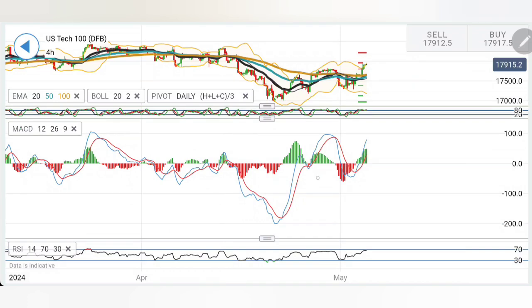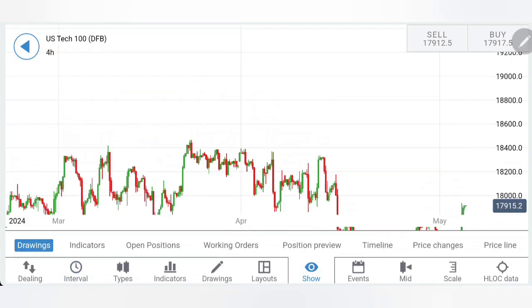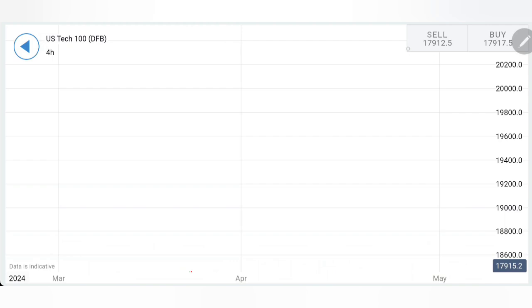Stochastic overbought, MACD rising, and RSI rising. So now we have seen the charts, we have seen the indicators. Time for me to give you the trading levels and strategies so that you can all trade profitably and comfortably